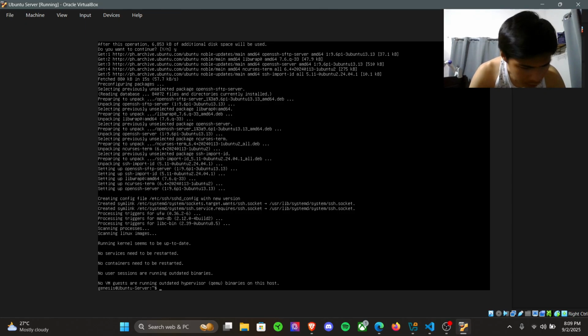Next, we'll type sudo and then we'll enable it. So we'll type systemctl enable ssh.